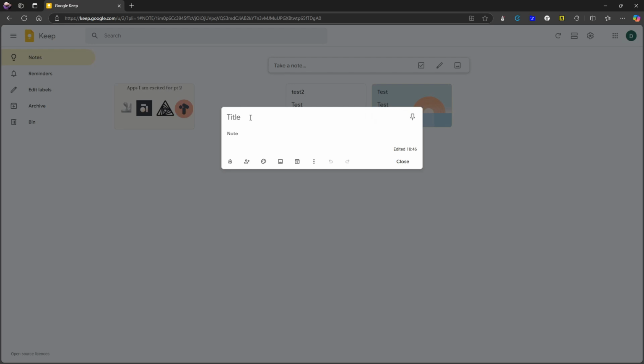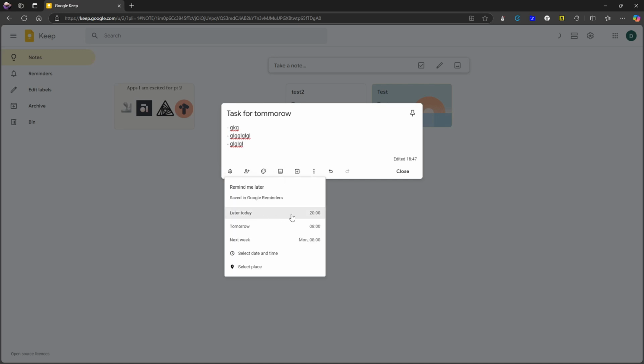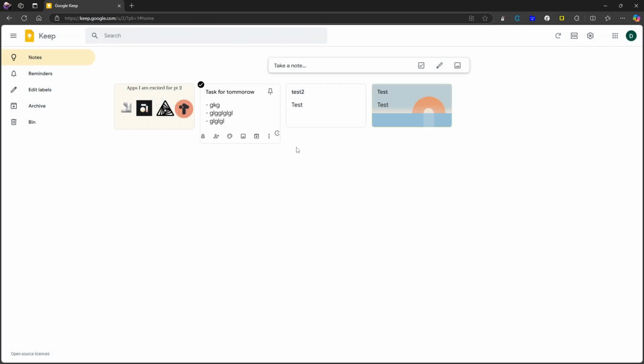Let's say I had a couple of tasks I wanted to do, so tasks for tomorrow, like this, and I could go ahead and I could add my tasks within here just like this, really simple. And then I could go ahead and I could set a reminder for tomorrow with a date and time and a place. So if you are in the Google ecosystem, this is a great choice if you are looking for